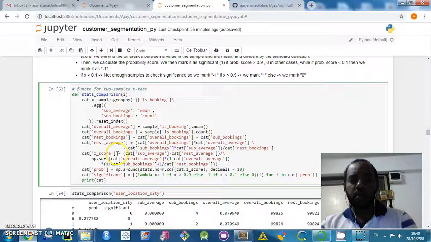So this is the standard formula of z-score, wherein